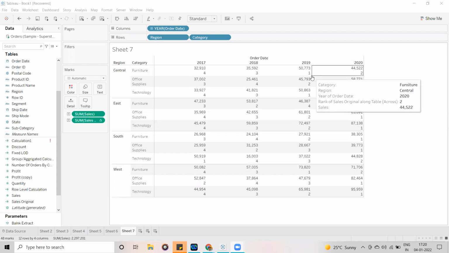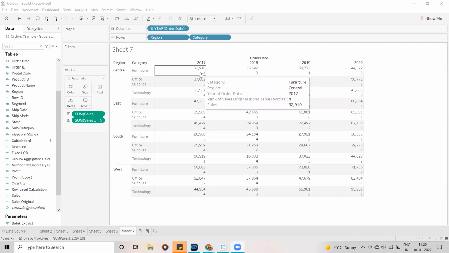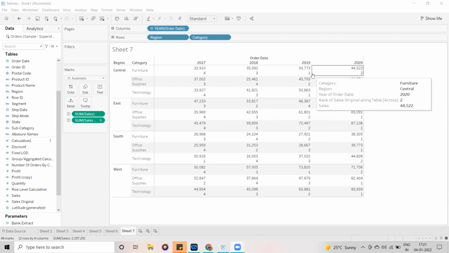The ranks are assigned based on the value. Whichever year has the maximum sales amount, it is going to assign rank 1. Whichever year has lower sales, it is going to assign a lower rank. So this is how the rank is applied here.